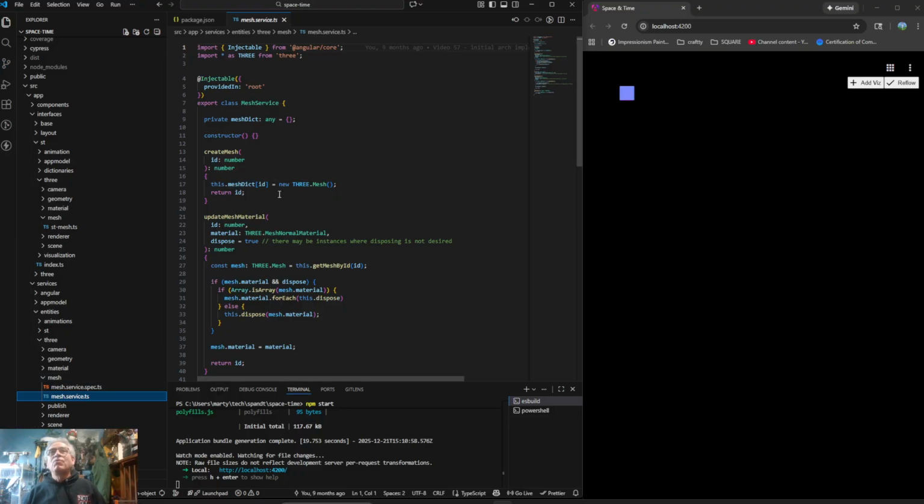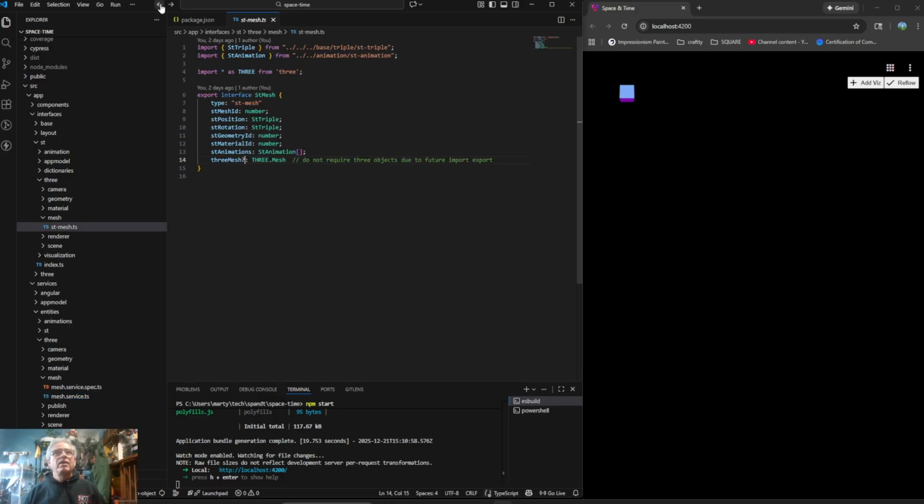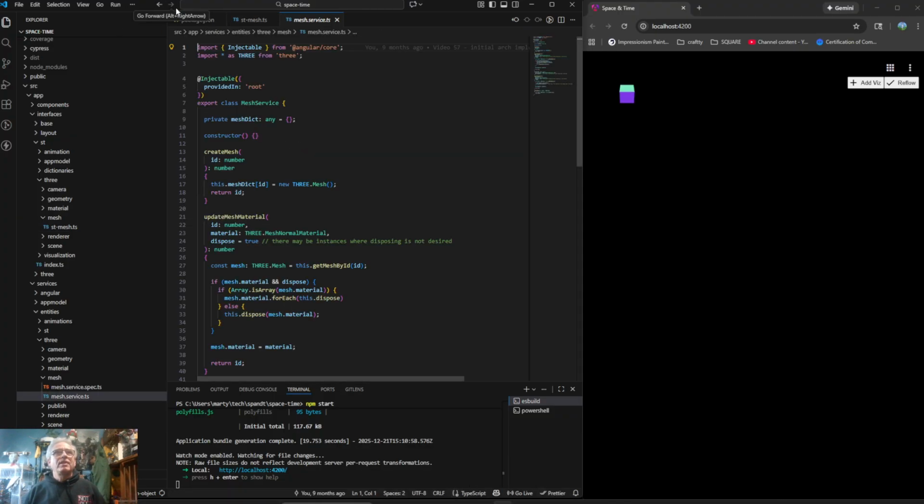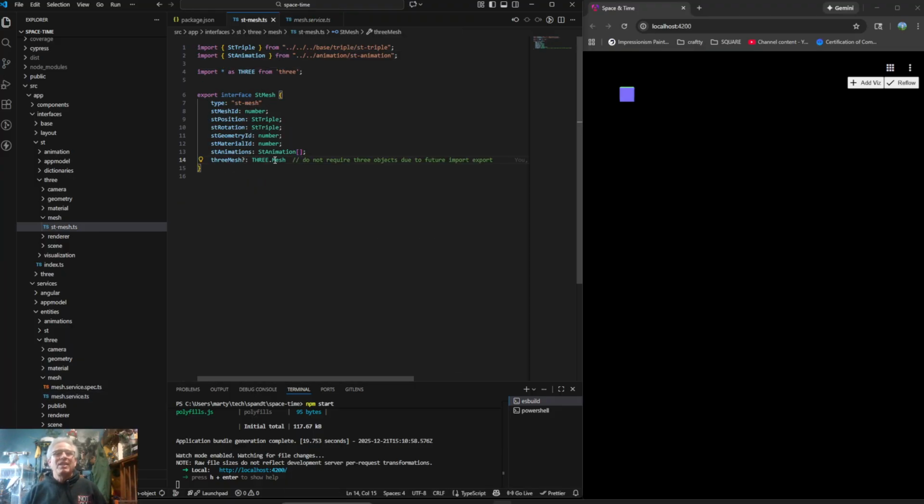So probably, hopefully, everywhere. But it looks like in our service that we just look at a second. We already have a dictionary. So wherever it's just referencing it directly, I should be able to